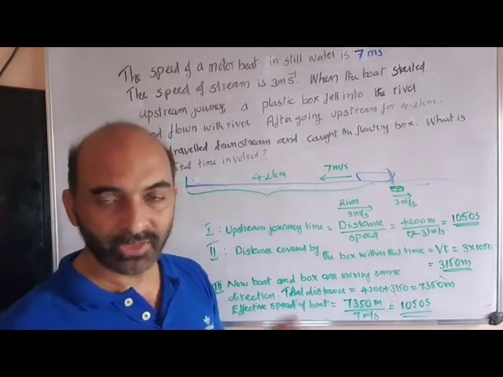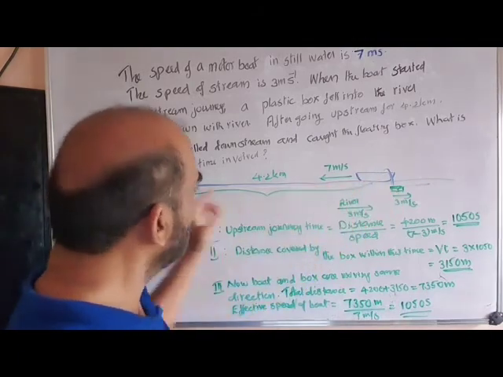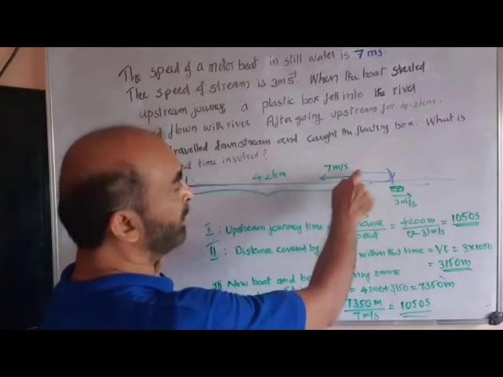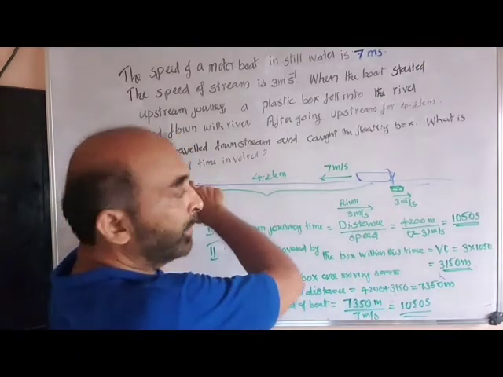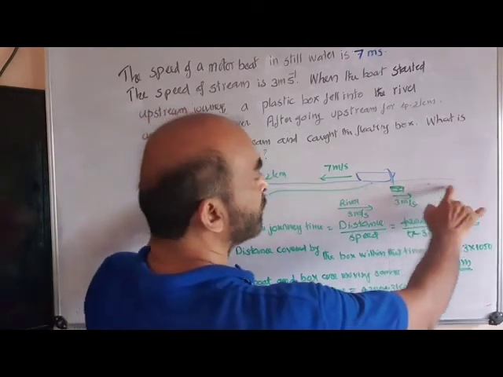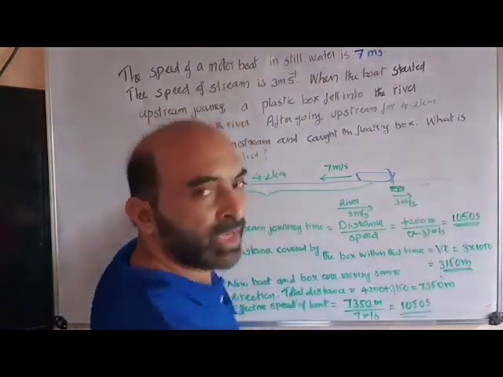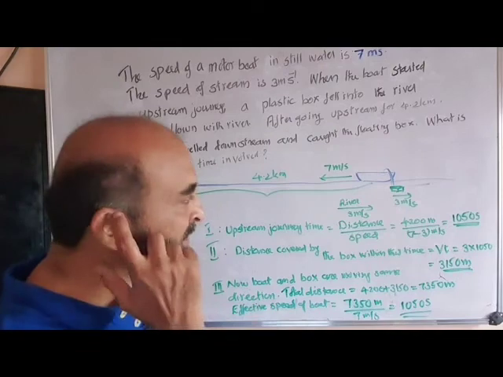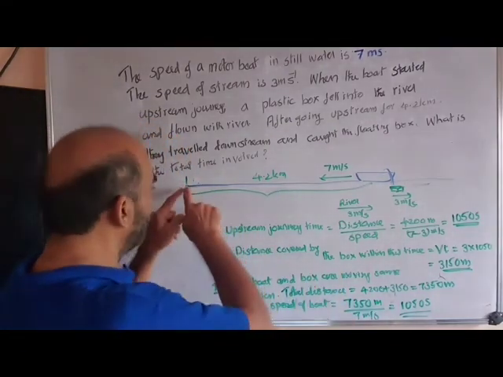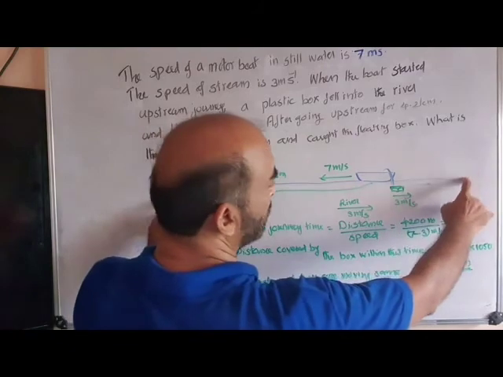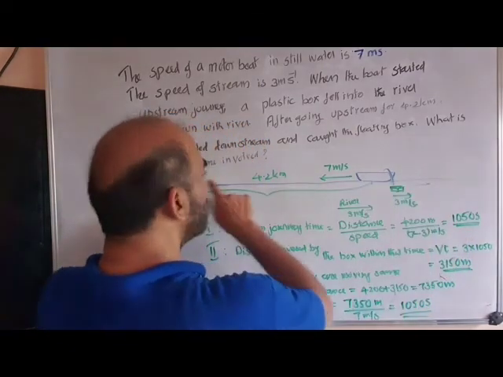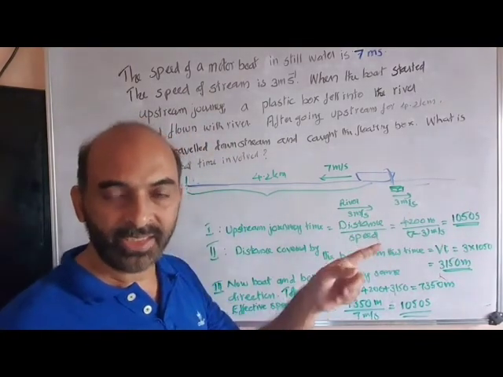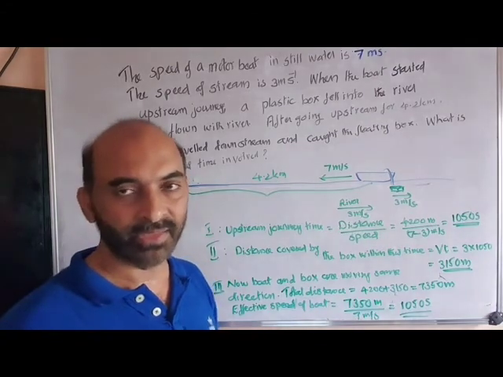We can divide the things into three. First thing, they have given this distance. We know the speed of the boat, so we can determine the time involved in this process. We want the total time. At the same time, the box has flown to some distance. We can calculate that distance in the second stage. So now we know the total distance in the last phase. The boat is here, the box is somewhere here. We know the total distance. We know the speed of the boat in the backward journey, and we can calculate the total time. That's the three things we have to do here.